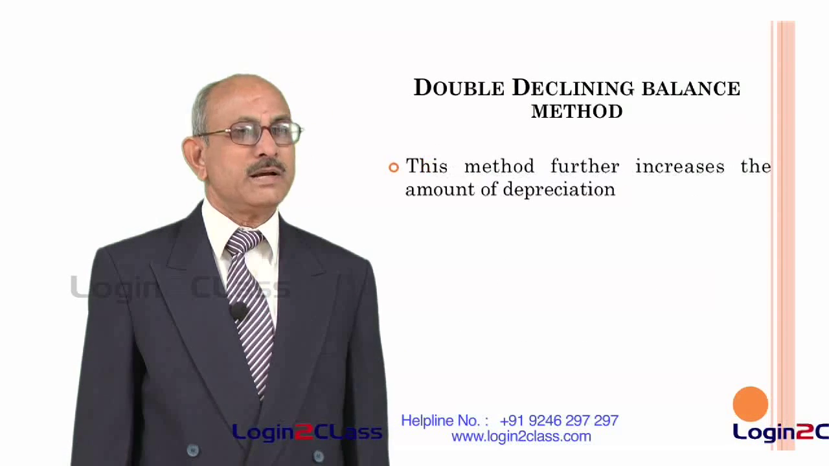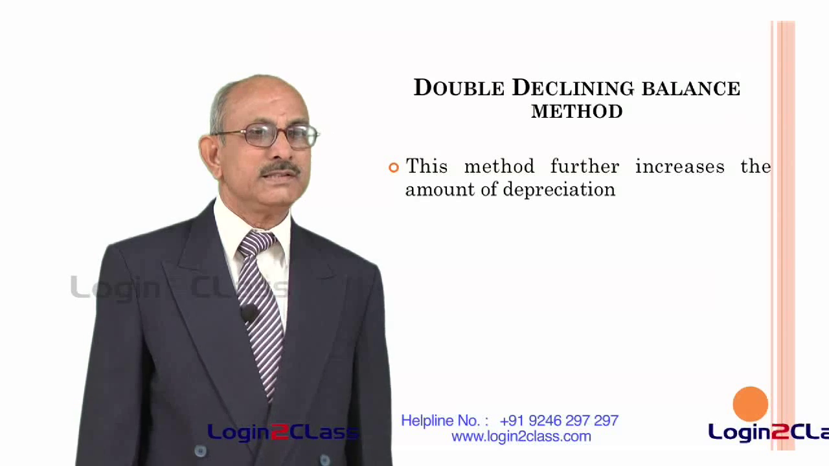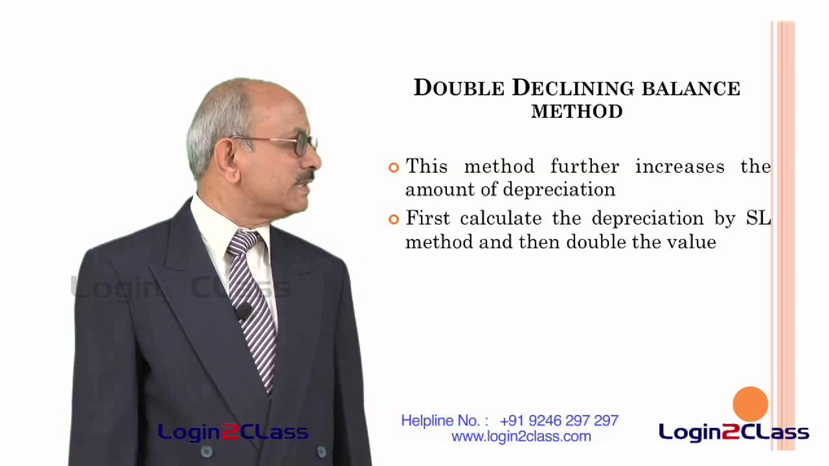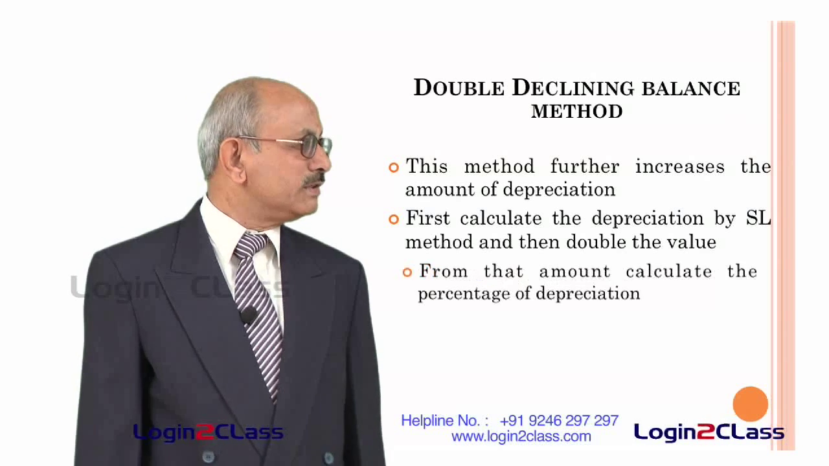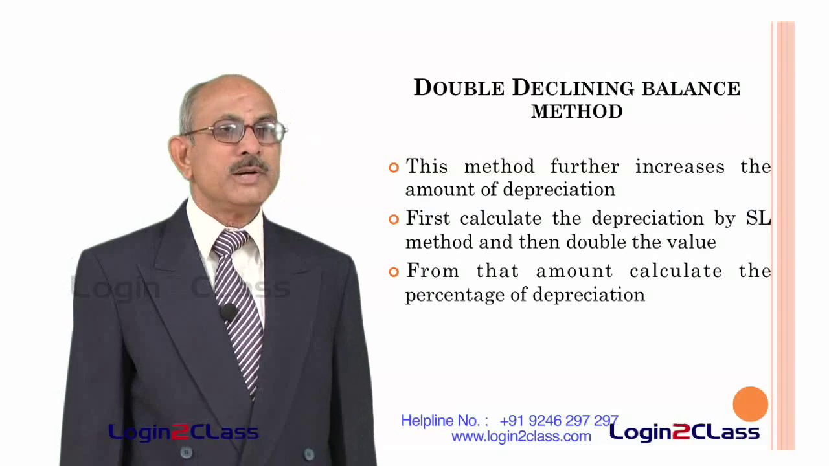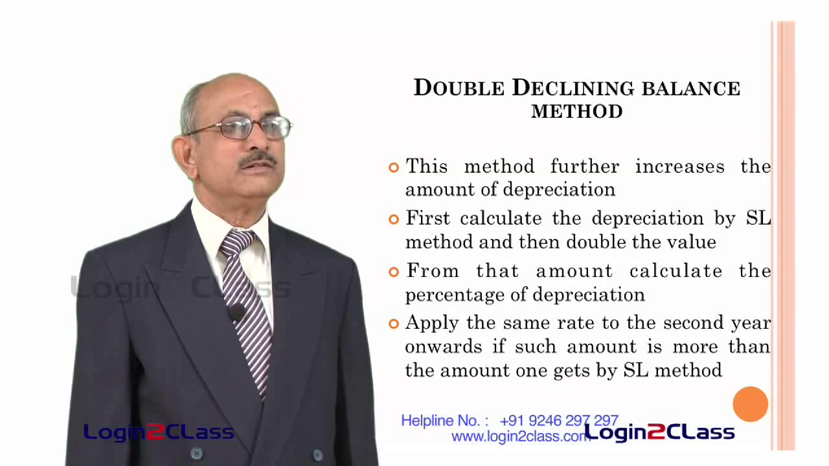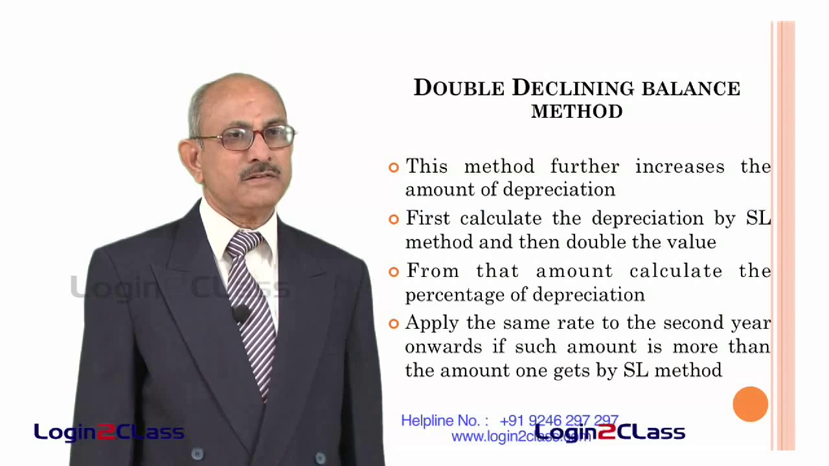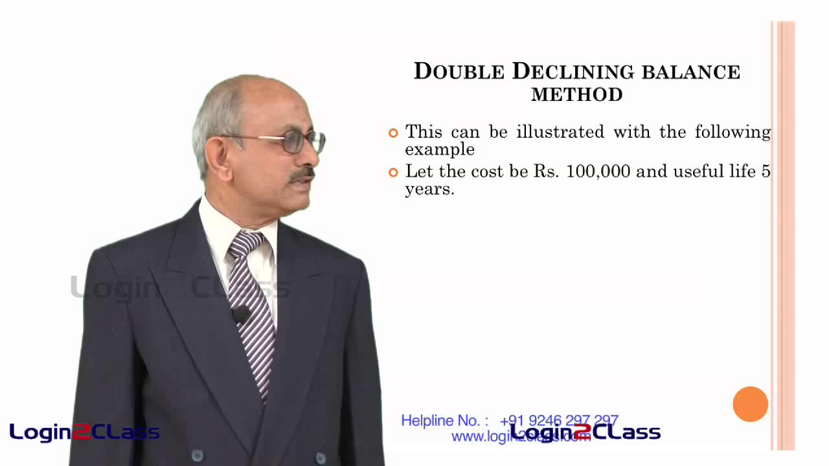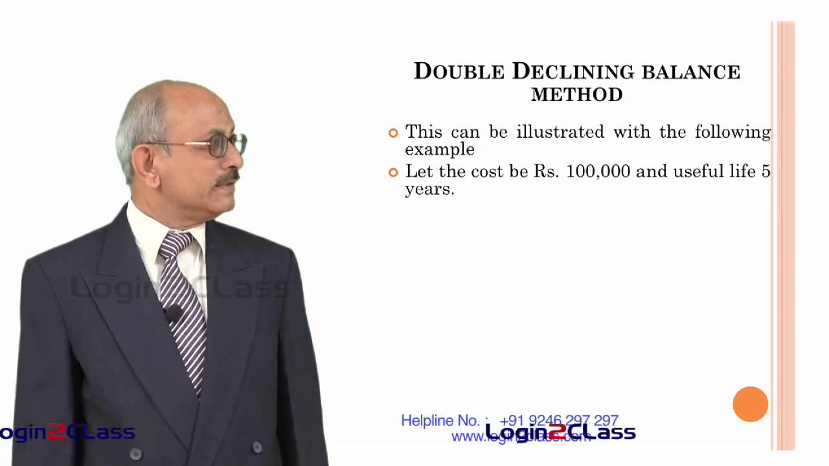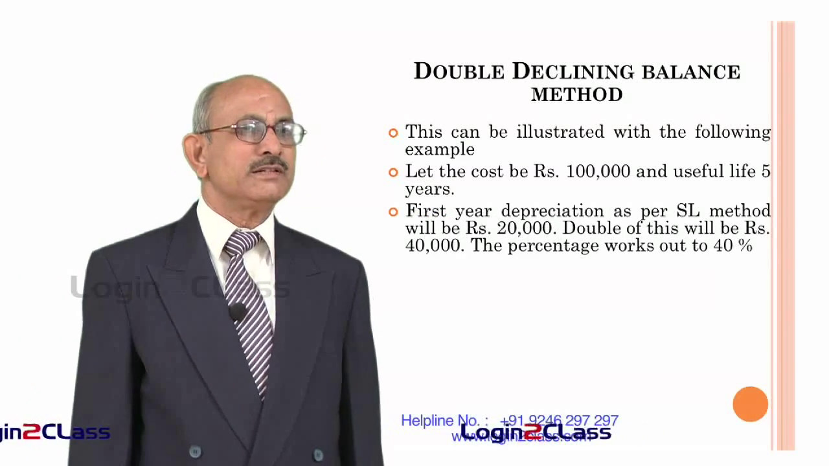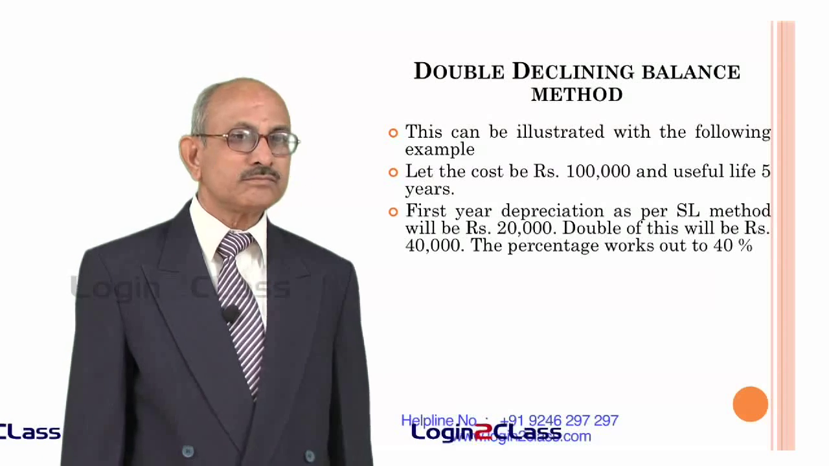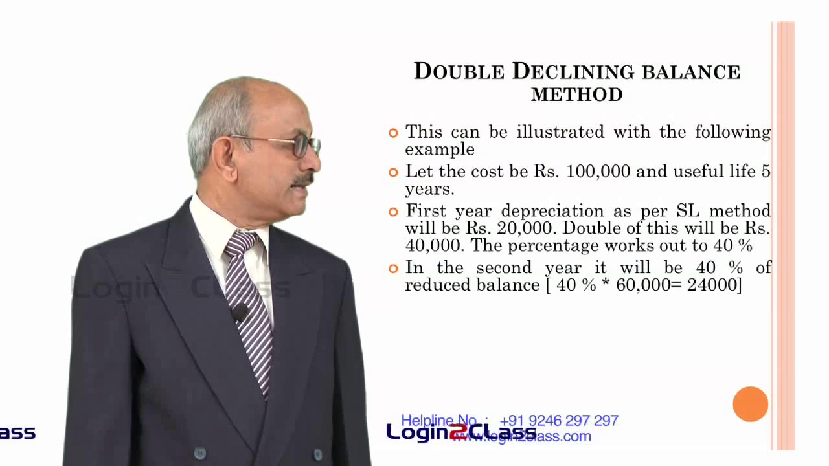And then we come to the double declining balance method. So, this is a variation of the declining balance method. Here the amount of depreciation is increased. So, what we do is, first we have to calculate the depreciation by the straight line method and then double the value. For example, if you take the same example of an asset of having 1 lakh value and depreciation of 20% by straight line method, then by the straight line method depreciation will be 20,000, but you have to double this value. That means you have to provide 40,000 depreciation in the first year, and in the second year